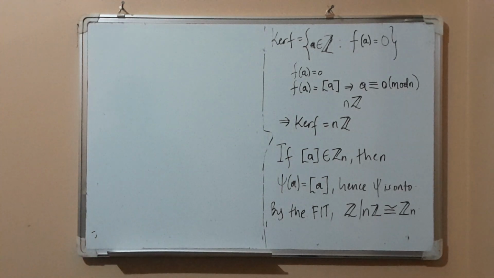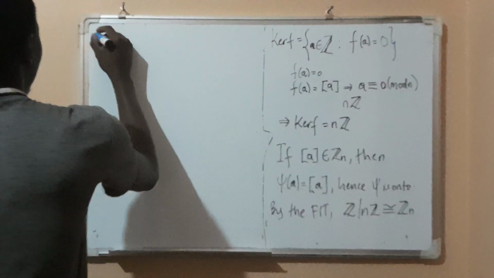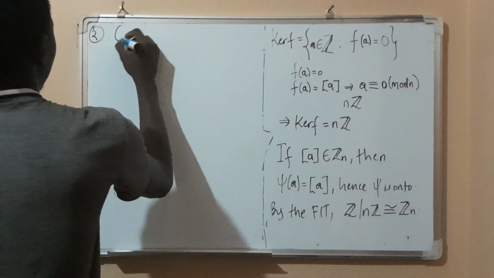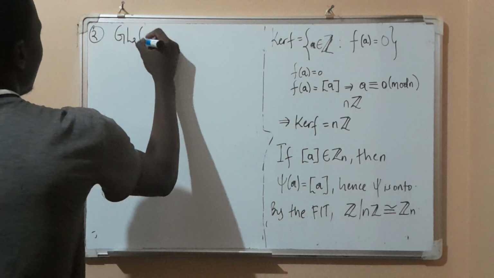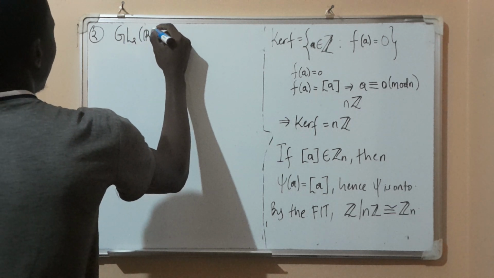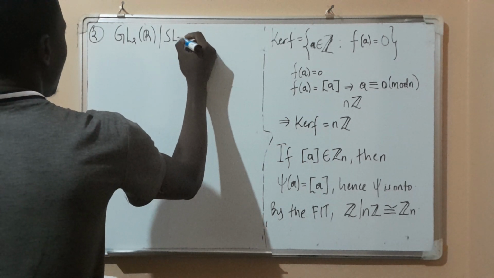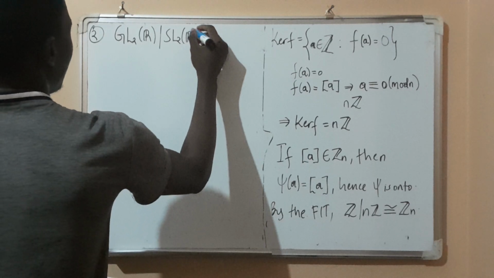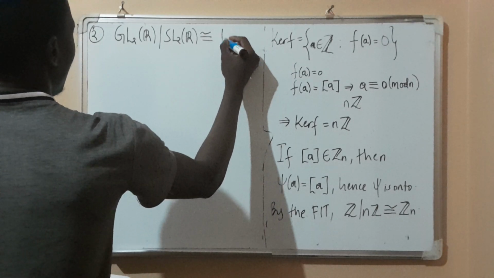So question 2, we have the general linear group over R factor the special linear group. This is isomorphic to